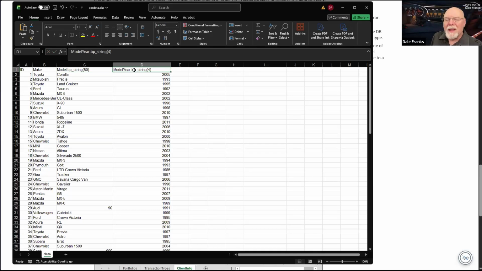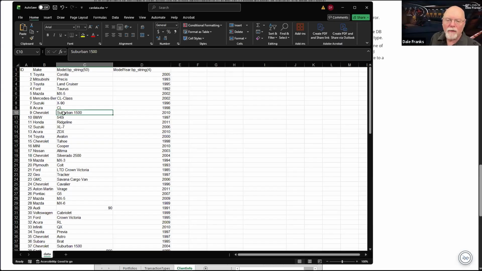So these data types help you a lot, especially if you have like zip codes, which are not numbers. You want to store those as strings. And the reason why you want to store those as strings is because if they were to come in as numbers, they would be sorted numerically. And you probably don't want to sort things numerically. You want to sort things alphabetically. And so when it sorts alphabetically, it doesn't care what the value is.